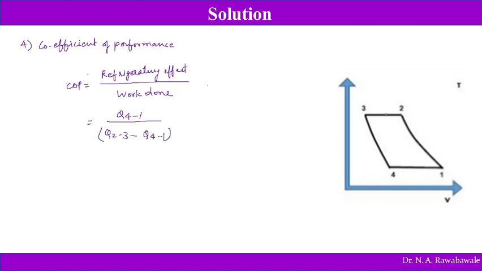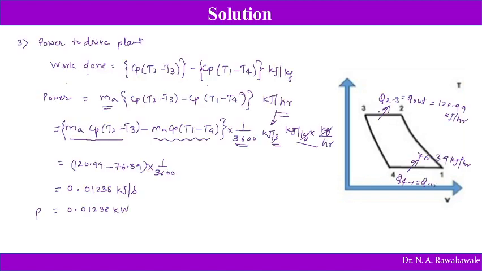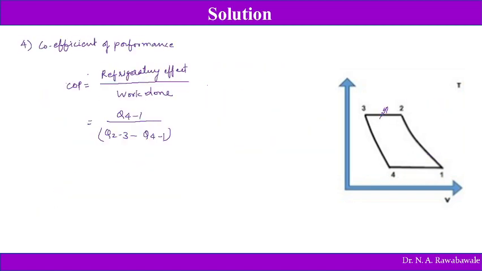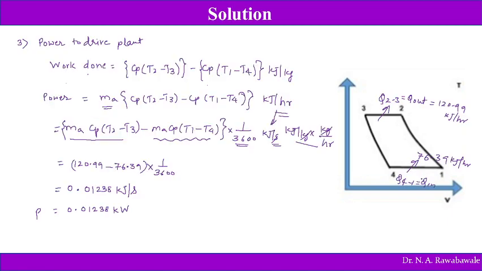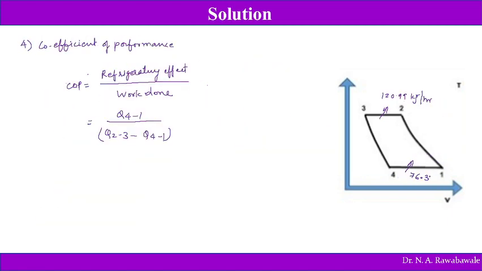So this we know, it was 120.99 kilojoules per hour, and this was 76.39 kilojoules per hour. So Q41